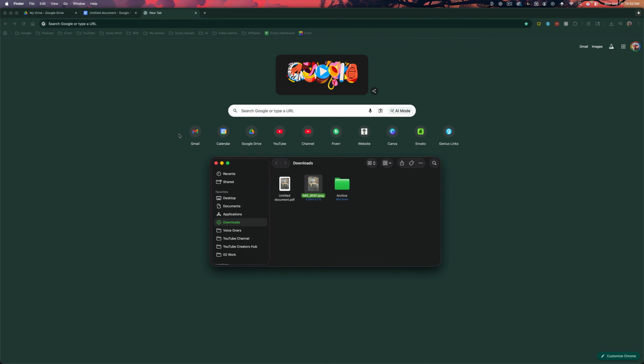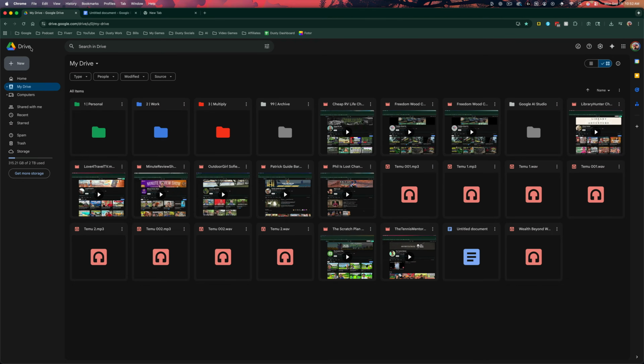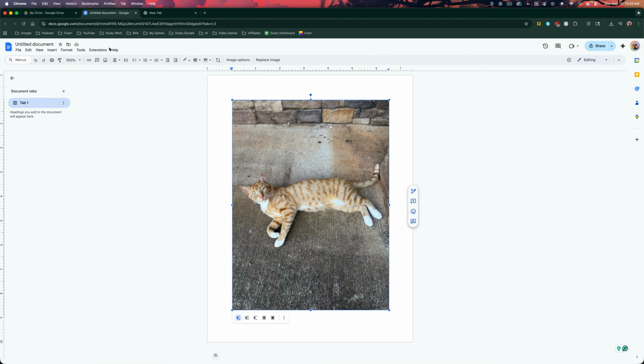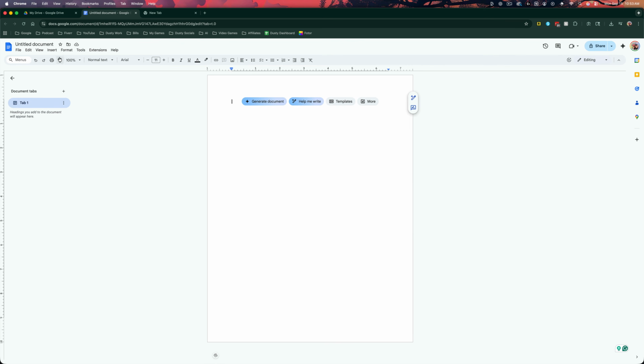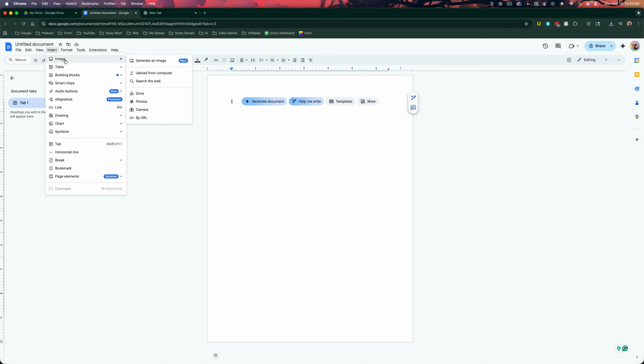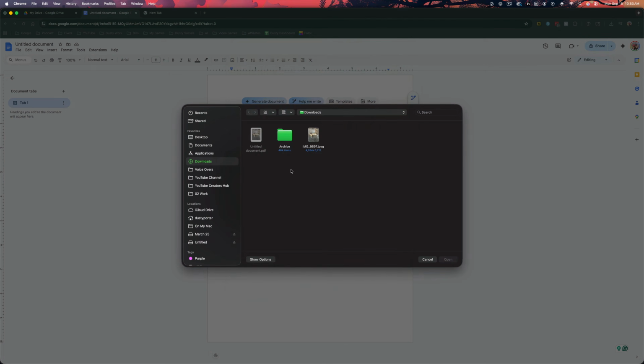The easiest way of doing this is to open up a Google document. So you can go to Google Drive and create a new Google document. You can do this for free, no extra tools required. And what you want to do is go to Insert, then Image, and then Upload from Computer. Find that JPEG image like we have here and go ahead and double click or click Open